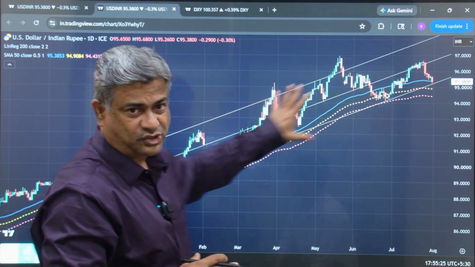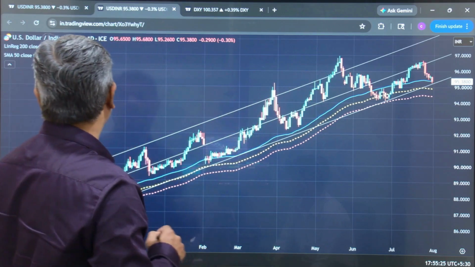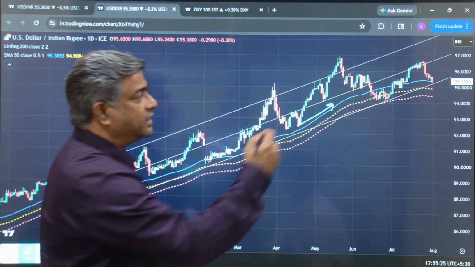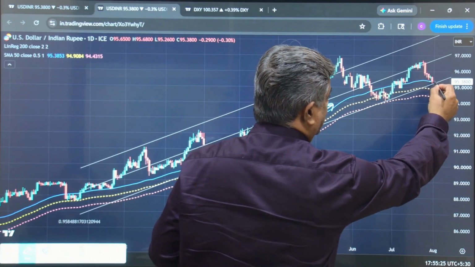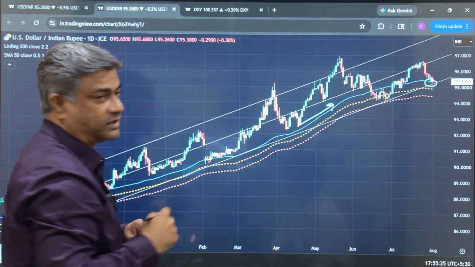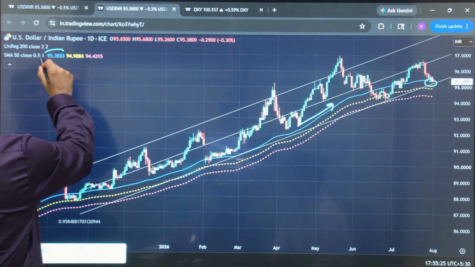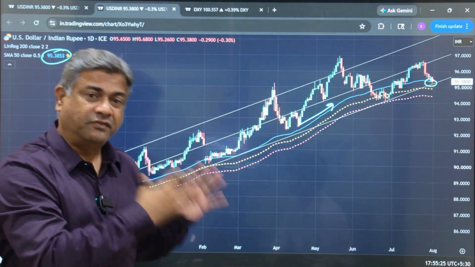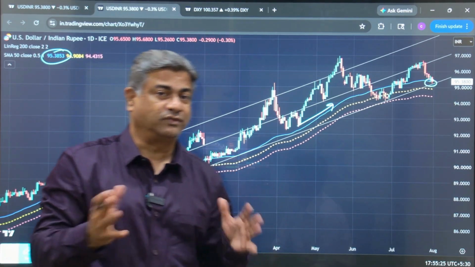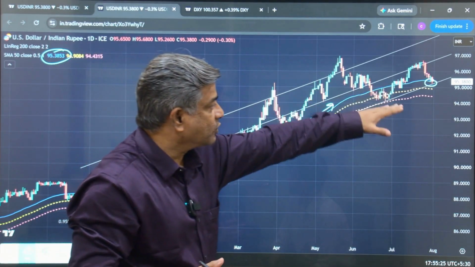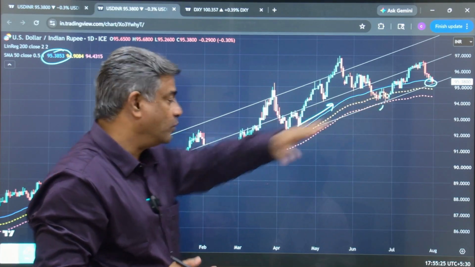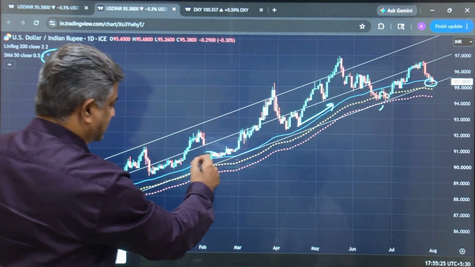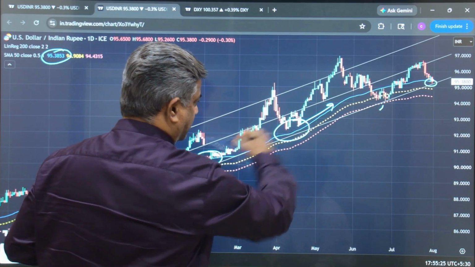But if you follow this chart that we have been following for quite some time, this line is our 50-day average. The current prices are very close to the moving average. The current price is exactly at 95.38. We have seen in the past that the 50-day average is a very good indicator of turning points. Very rarely has it gone below. It has gone below here but could not hold substantially. And in all these months, in all these places, the 50-day moving average has acted as a support indicator.